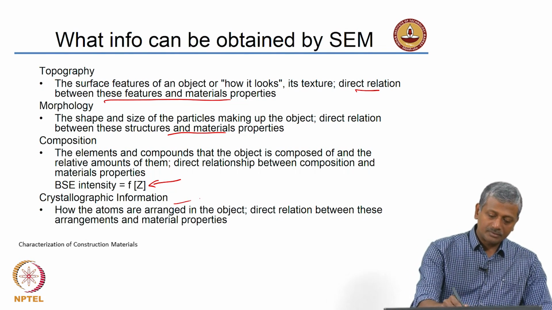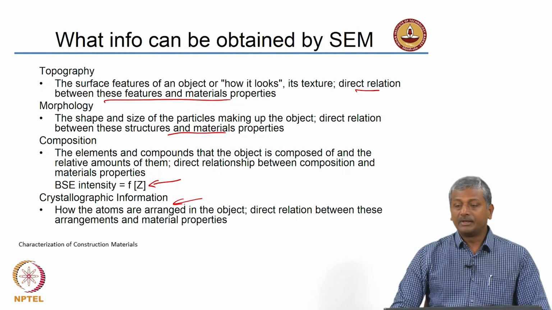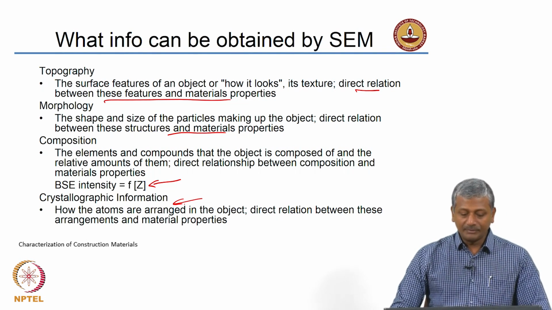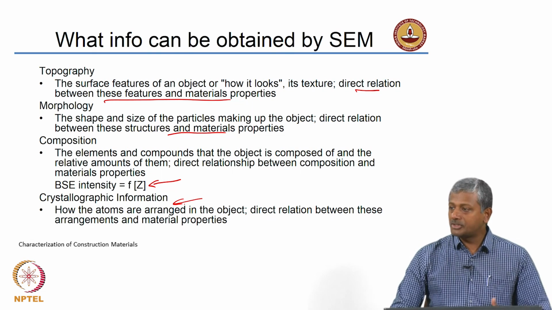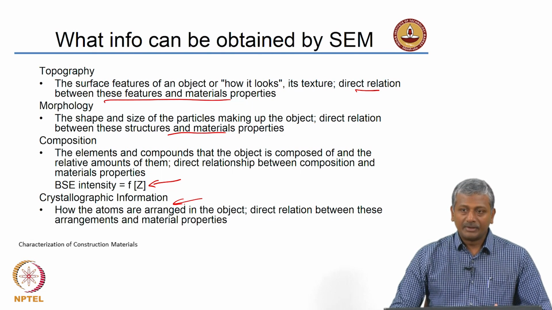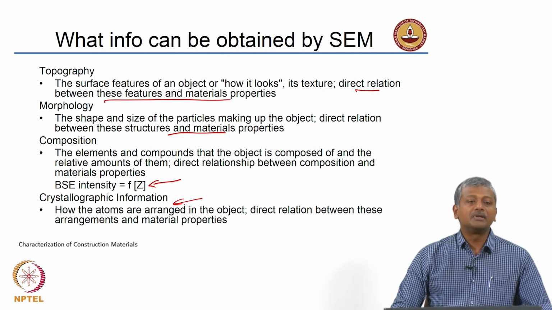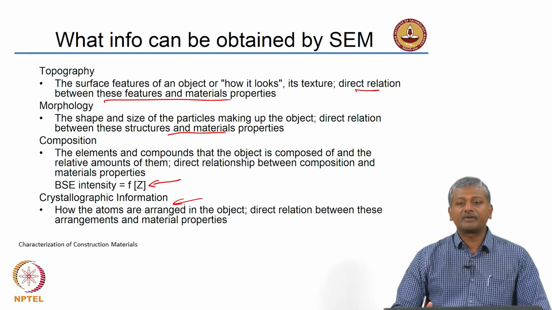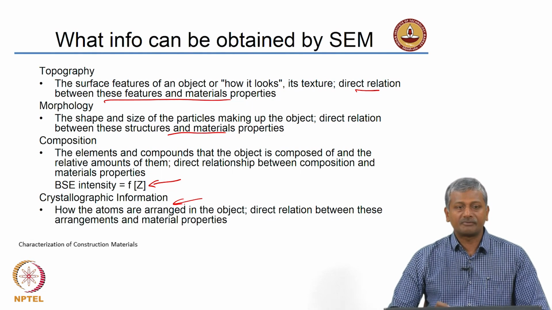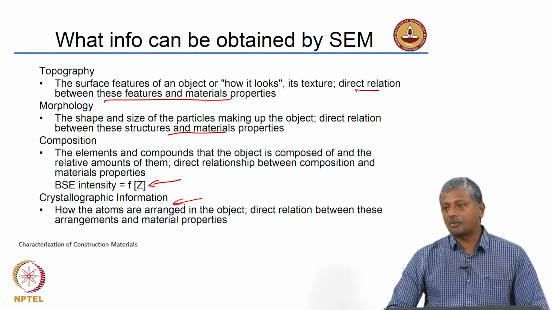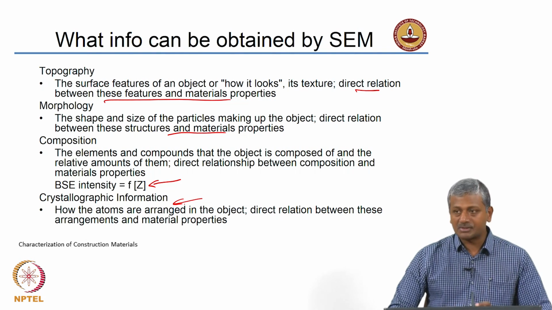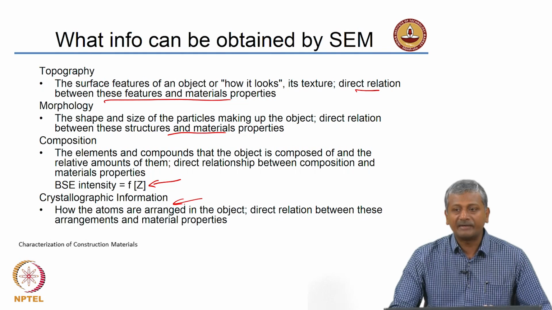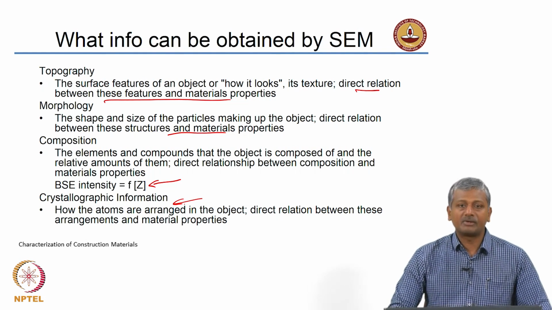You can also extract crystallographic information in terms of how the atoms are arranged in the object. However, to get to this level you may have to actually go to much finer resolutions. You will not be able to get this from a simple secondary electron image. You will have to go at very high magnifications to really make out crystallographic properties of different types of crystalline species that are forming in your object. So, that is something which is a little difficult with typical SEM, but then you can actually get there if you have materials that are capable of getting resolved at that scale.